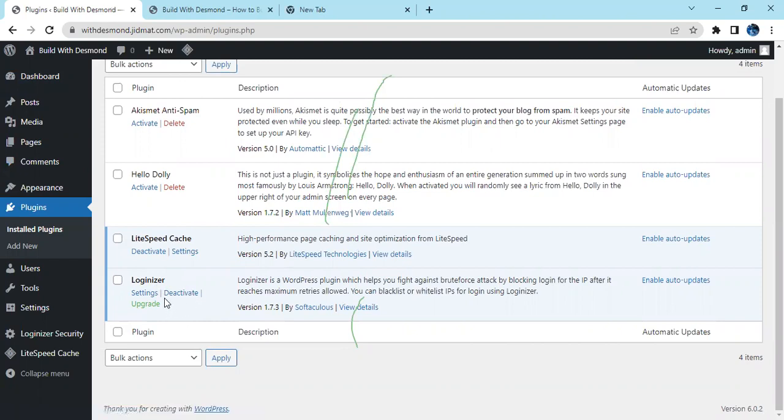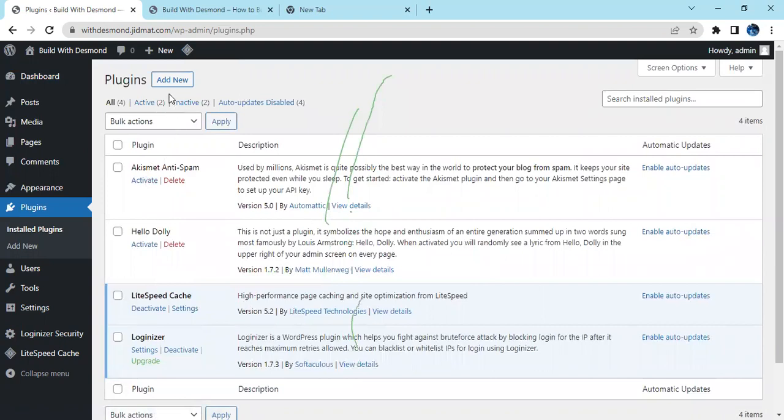Usually, it comes with a free package in some, but there is as well the upgraded version. Now, let's proceed to adding our Elementor. So Elementor, I will add new. Once I add new,